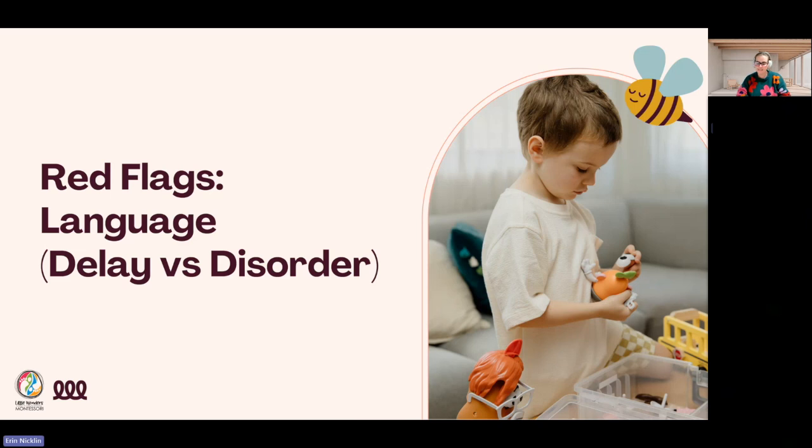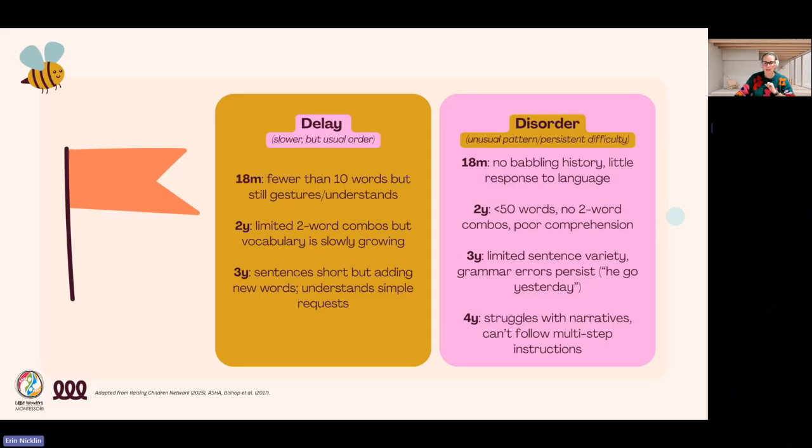All right, let's have a look at some red flags. Now I have condensed these compared to what we've done in previous webinars, but we're going to have a look at when some red flags are and when we should be acting. I have broken it up into what a delay might look like versus a disorder. It's not the holy grail with this. This is just some idea and some key points to give you a bit of an idea when thinking about the little people that are on your caseload or in your classroom or your own child.